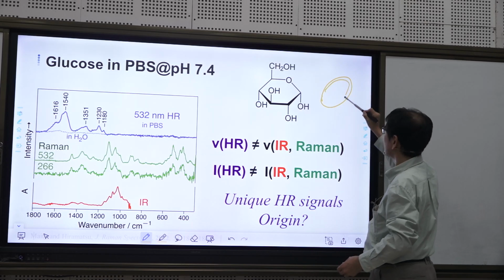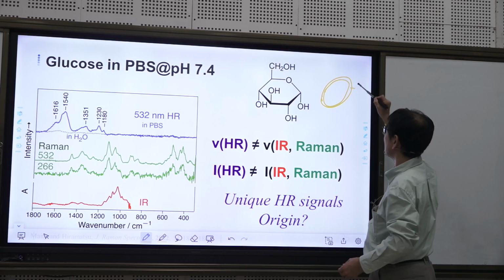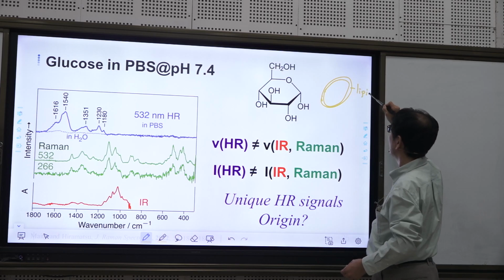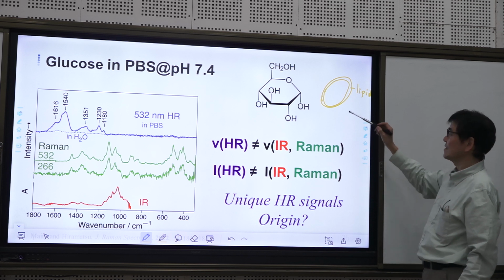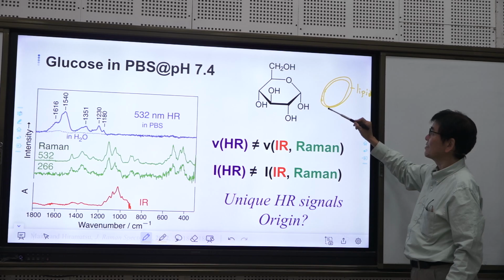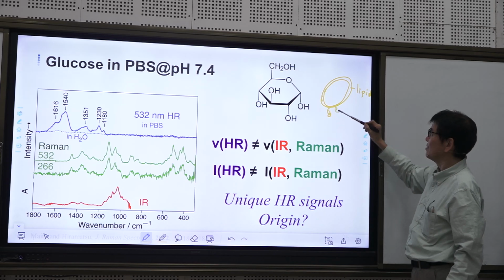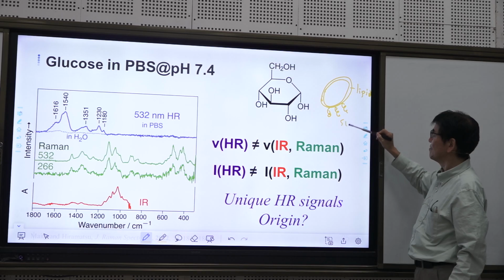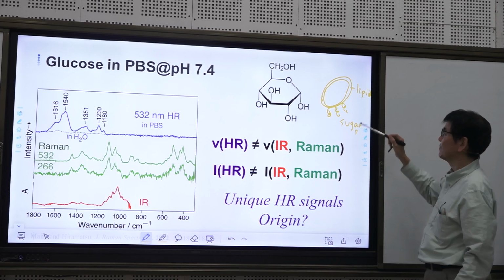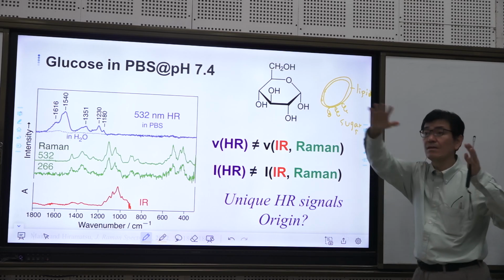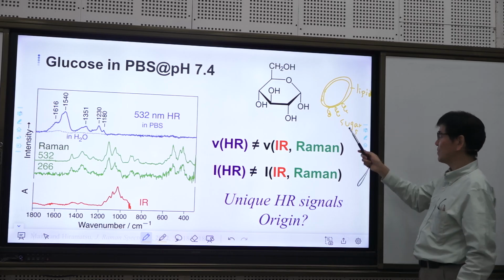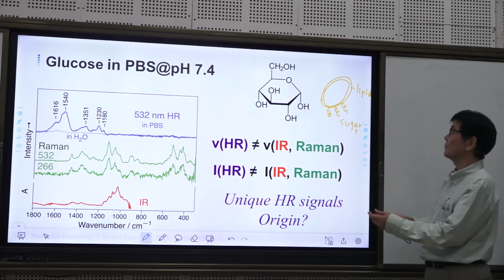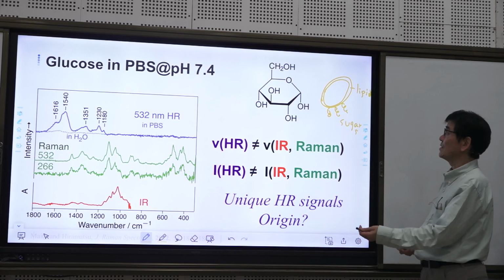It is known there is a lipid bilayer, so this is lipid. Then what is the surface? Actually, there are many sugars, saccharides, that cover the cell surface. So it's very important to study sugars